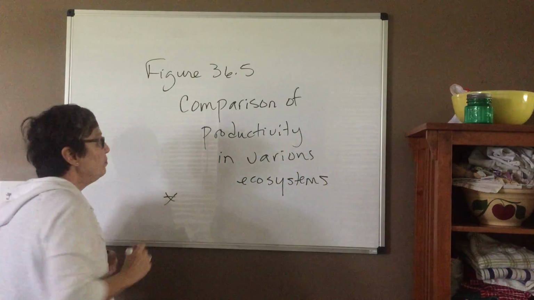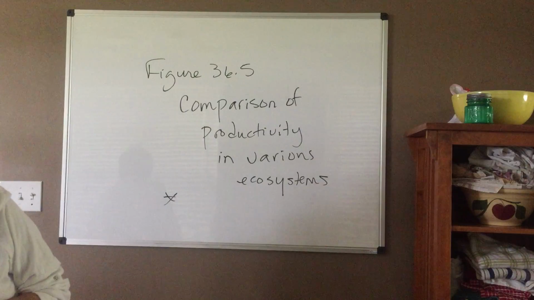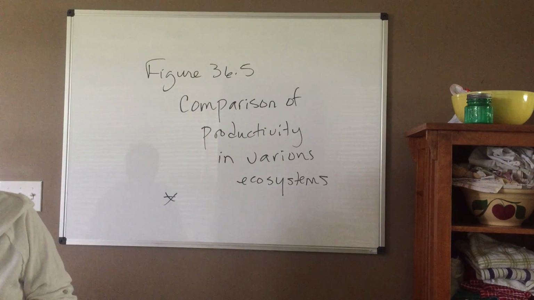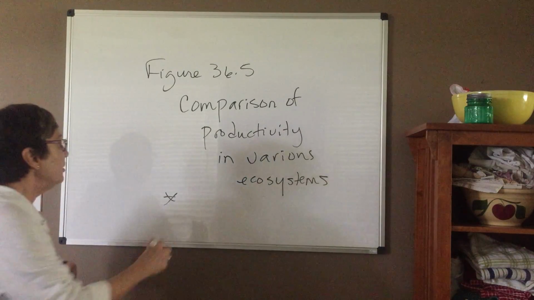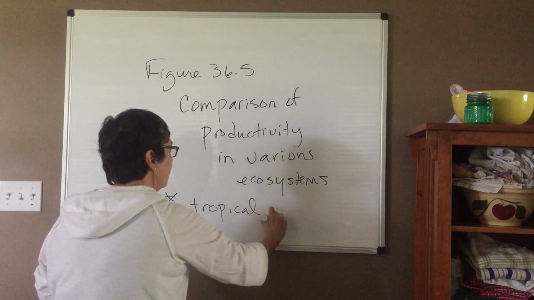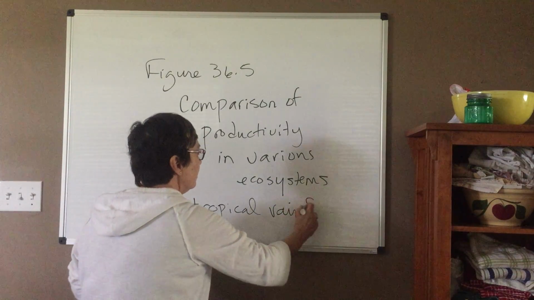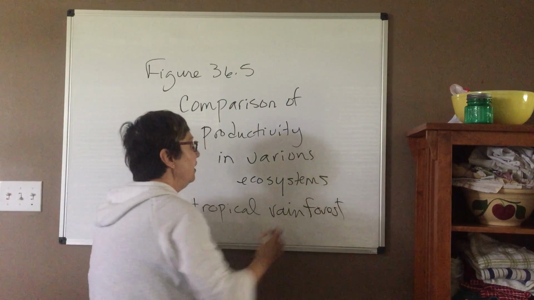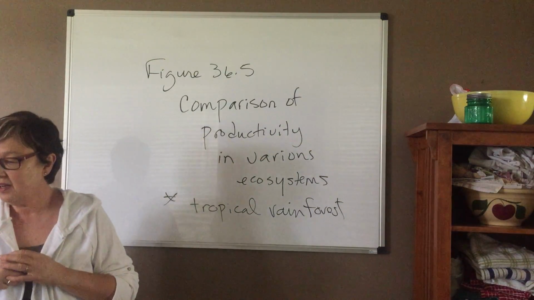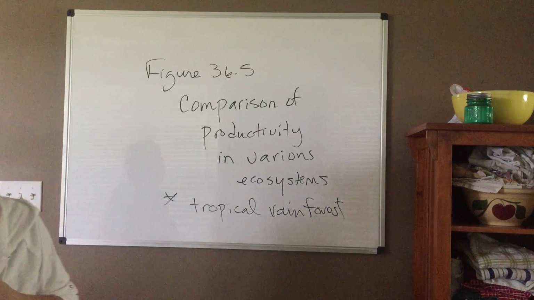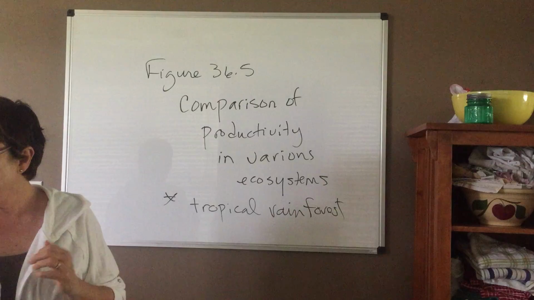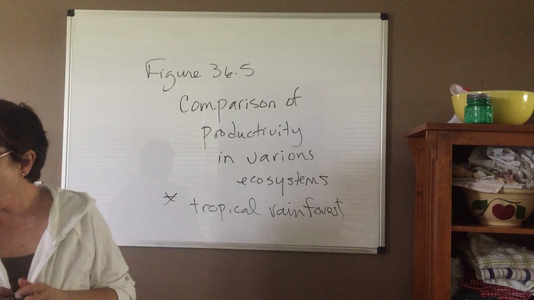And one important point from this graph actually, is that the tropical rainforest has the highest productivity of any plant ecosystem on the planet, and it's followed